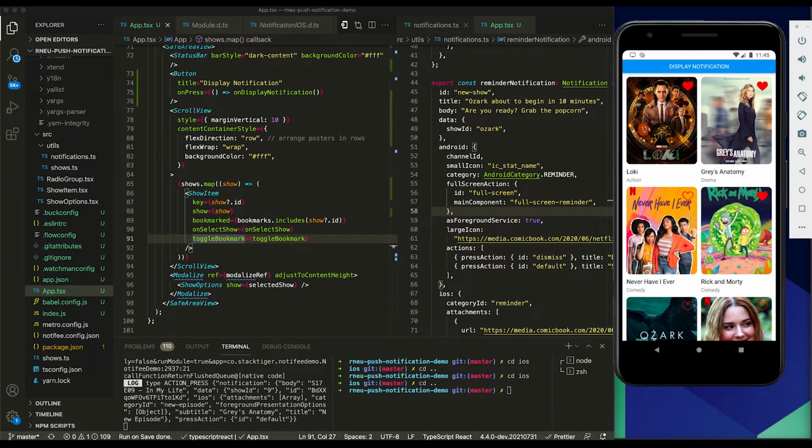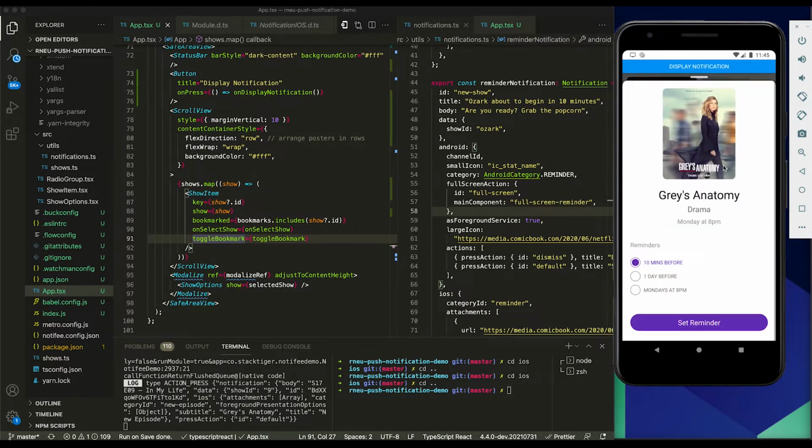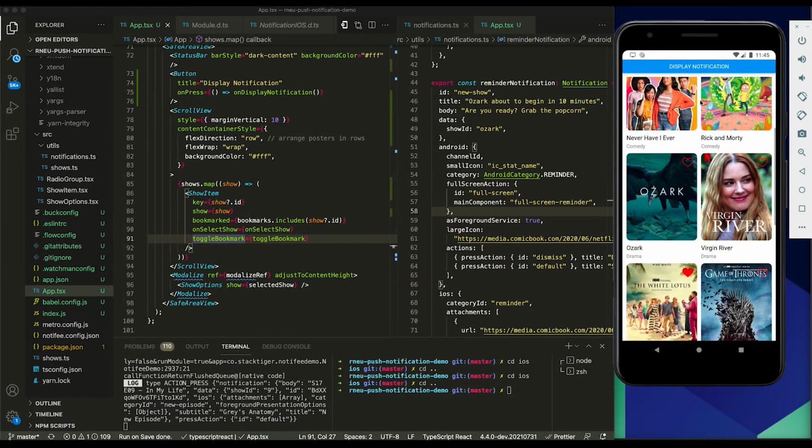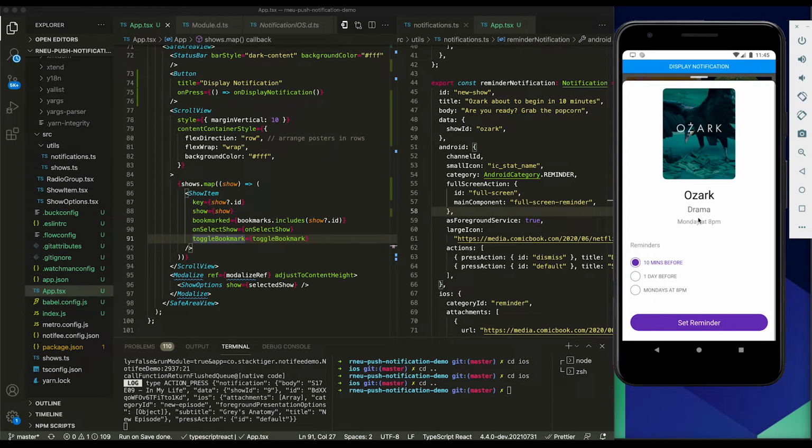So next we move on to scheduling. This is really useful for calendar apps, alarm notifications, anything really that you want to plan ahead, alert the user ahead of time. These are normally great, and you normally ask your user beforehand if they want these notifications. So for example, in our skeleton app, it's on TV shows, so if I just get right into it, if we click on Grey's Anatomy or Ozark, which is the payload already designed for this,